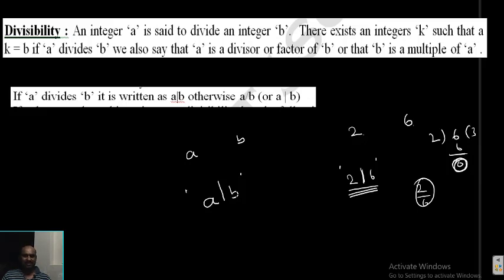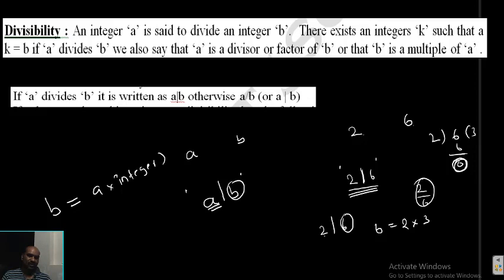What conditions can you say? Here I am saying that 2 divides 6. At what condition am I saying that? This 6 is equal to this 2 into some integer, and that is the important word, integer, 3, such an integer exists. What is the meaning of that? If I want to say that A divides B, then this B should be equal to this number A into some integer. Then only I can say that A divides B, or B is divisible by A.